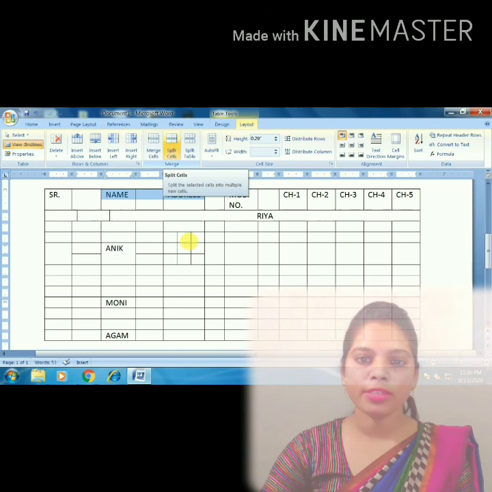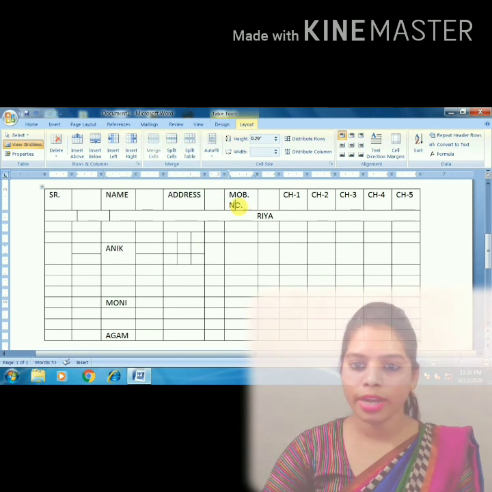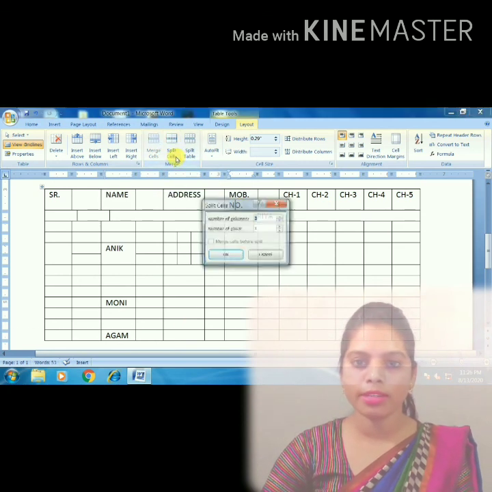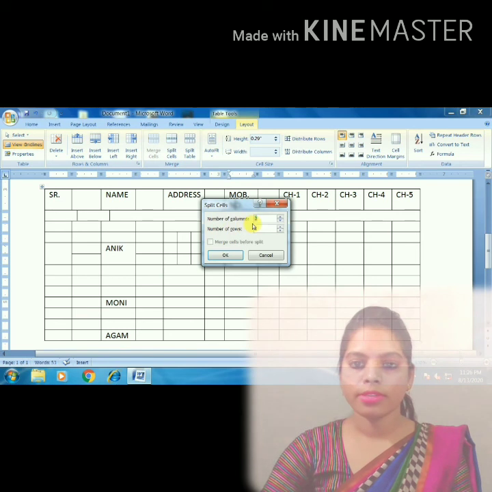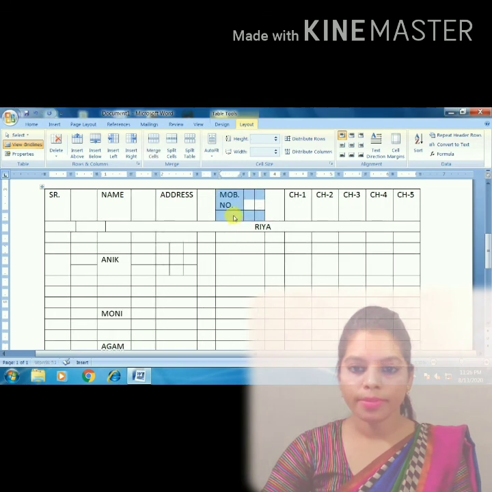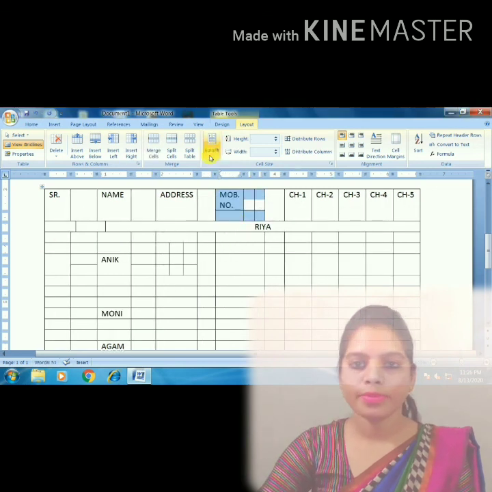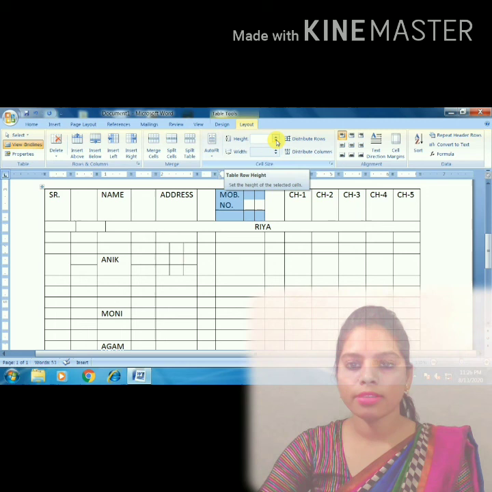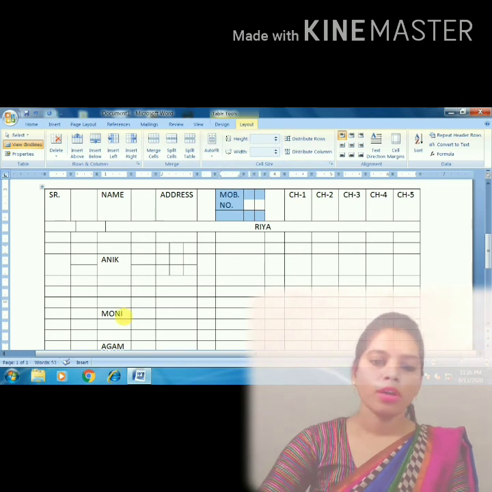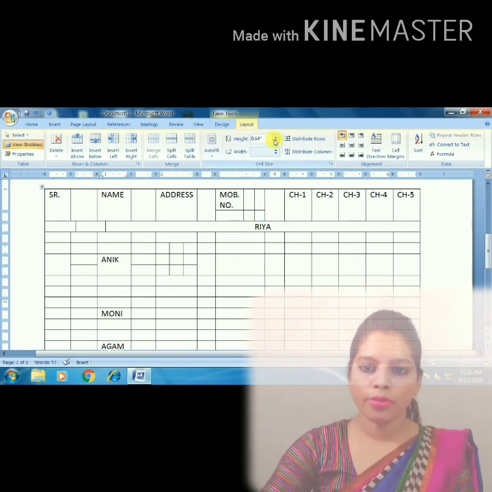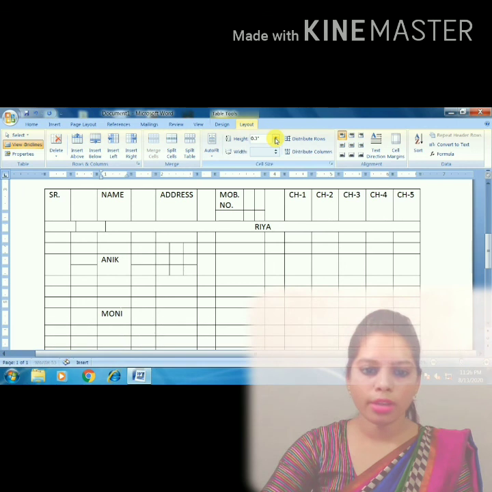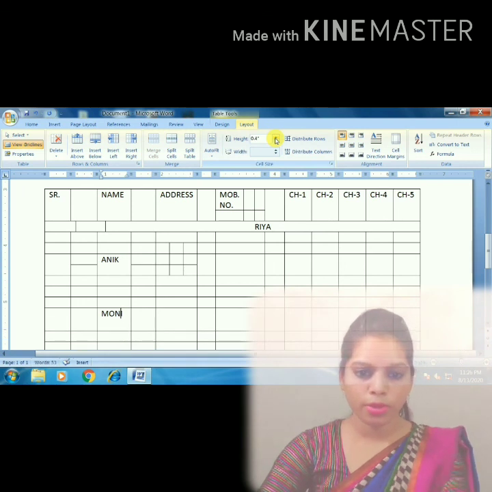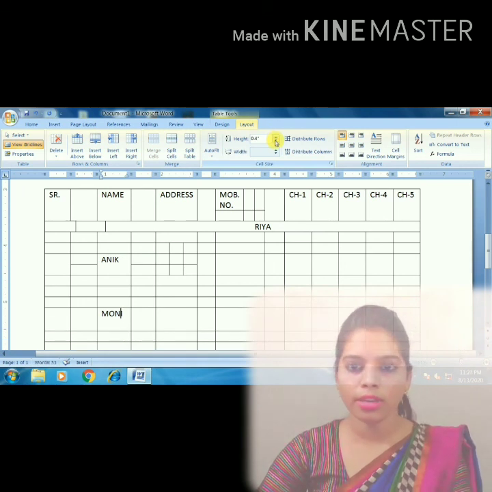After the split option, I already told you that this option is used to split the selected row into many columns and rows, like this. After then, height. Suppose you want to change the height of the row, then click over here and it will change, and you can see the changes on the screen.